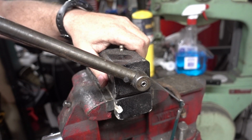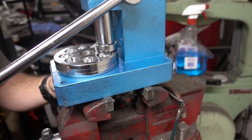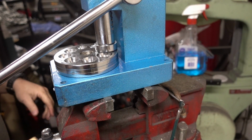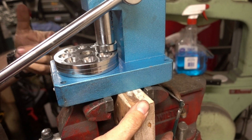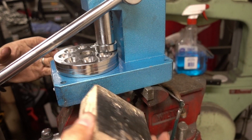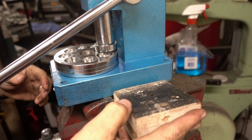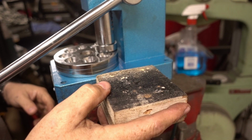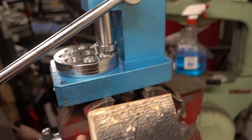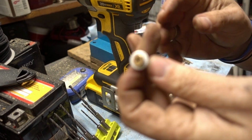And that's probably what I'm going to do with this. You'll have the wood under there, and you'll have a flat piece of wood, and then maybe a piece of wood underneath the flat piece, and then that will actually clamp. You know what? Let's just do it. Hold on a second. Okay, I got some